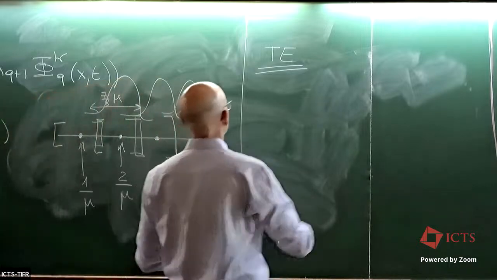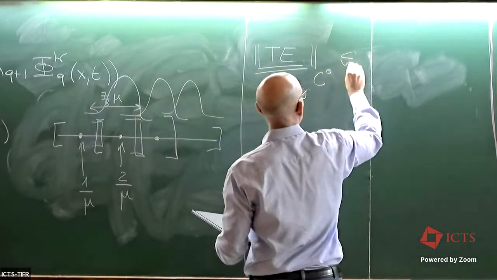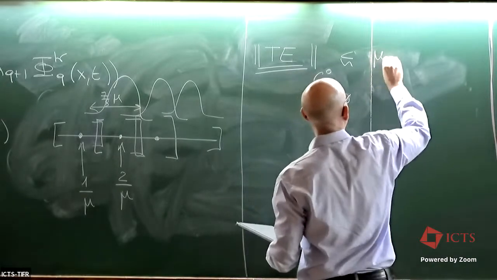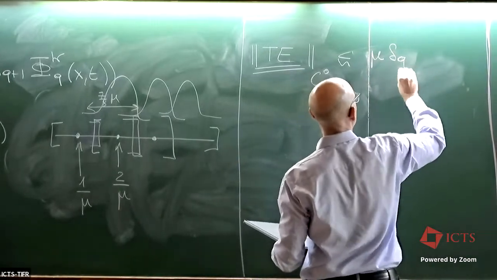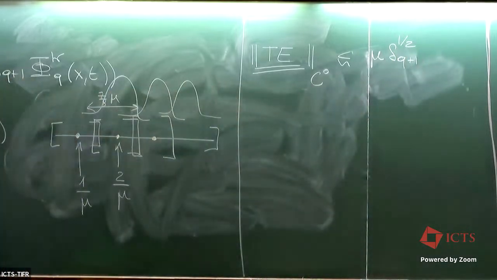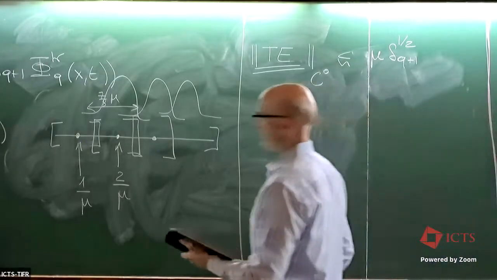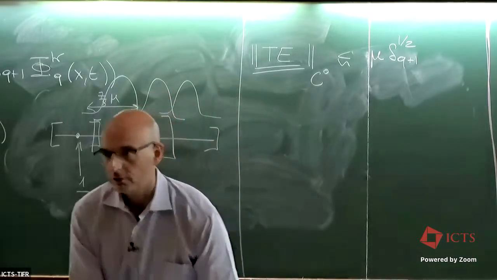So the transport error will have a C0 estimate, which is less or equal than mu delta q plus 1 to the 1/2, right? I mean, because this guy is of the size delta q plus 1 to the 1/2, okay, by my estimates over here. Okay, what about the oscillation error? Okay,